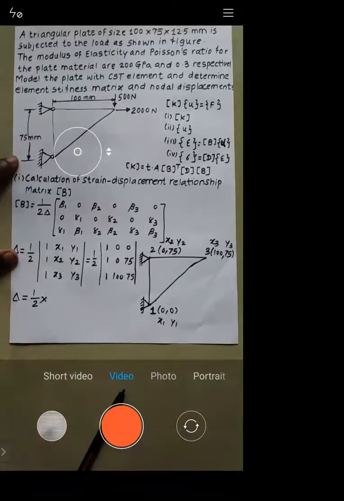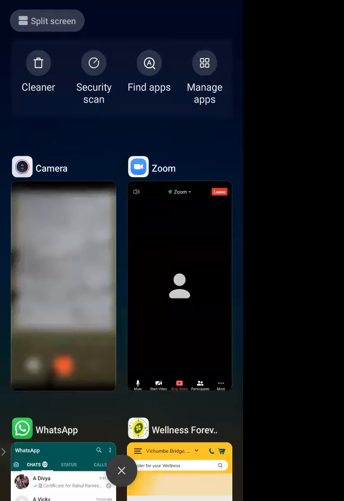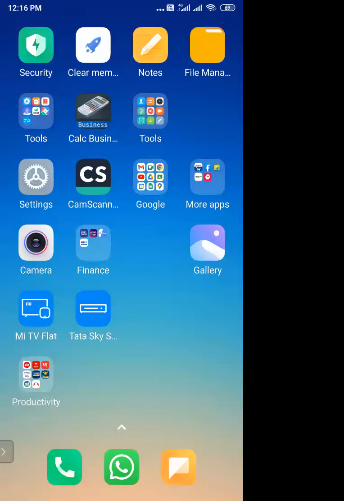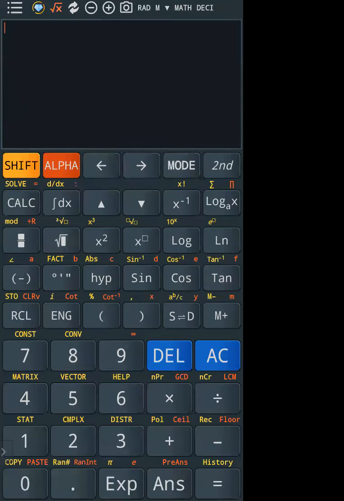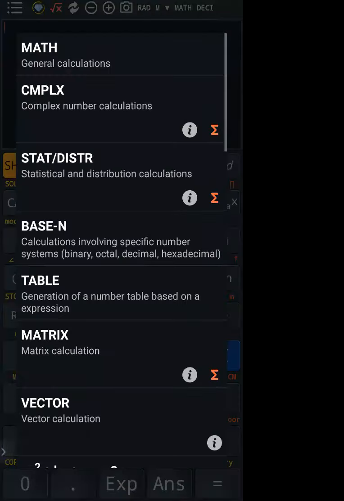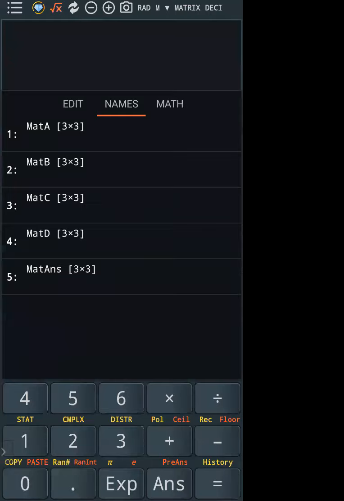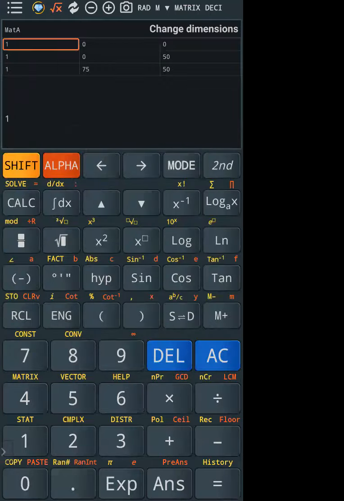All of you know how to do that. How we used to do this? Tell me. We need to solve this in a calculator, right? So we'll go to calculator, and I will shift the mode to matrix mode. I will go to mode and select matrix mode. I will edit this matrix A and enter these coordinates.